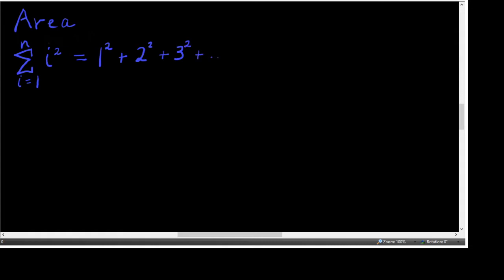Now if you're going to have a continuation of a pattern, we use ellipses, these 3 dots, to indicate keep going in the same pattern, and then we'll pick up again either at the end or later on in the series of terms that are added. So I'm going to end this with substitution of n into the formula, making that n squared. So if you look at example A,